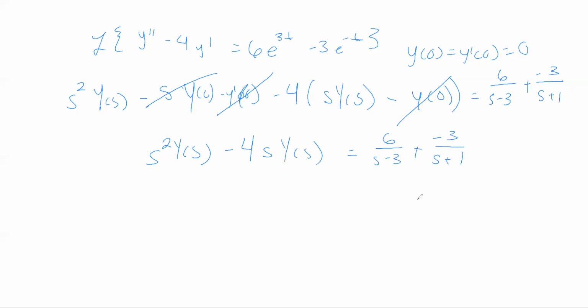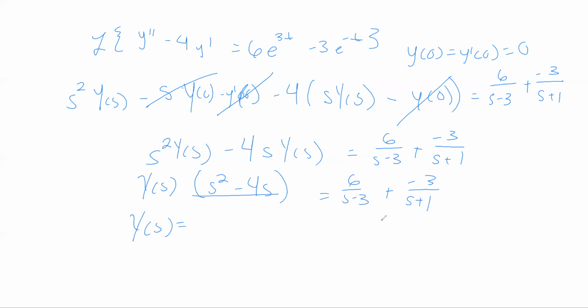Then I need to essentially pull things out. And then I have s squared minus 4s, which is equal to 6 over s minus 3 plus -3 over s plus 1. Okay. I'm going to take this thing and put it in the denominator of both of these,